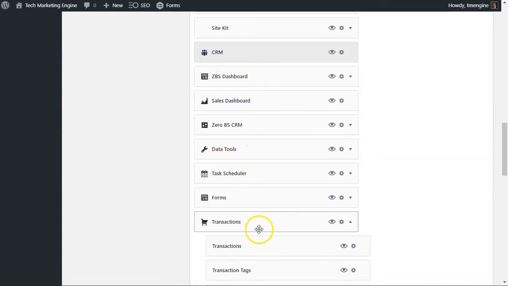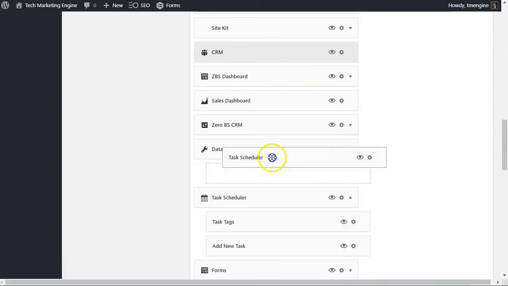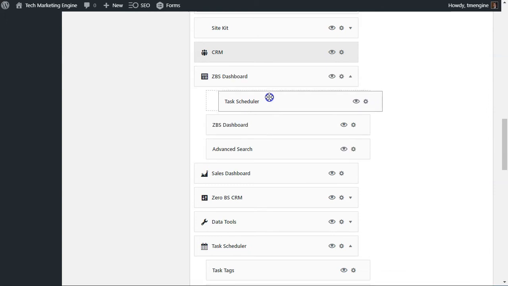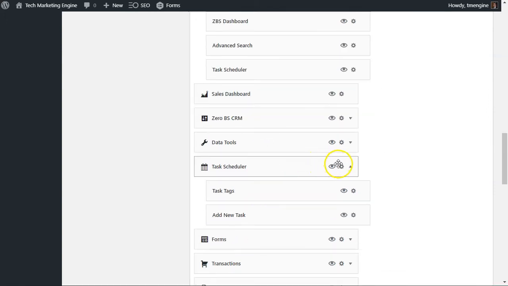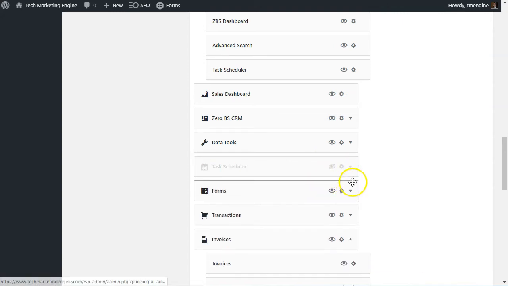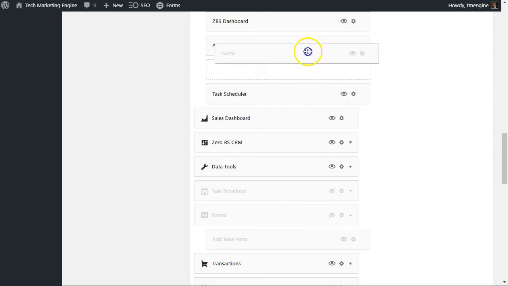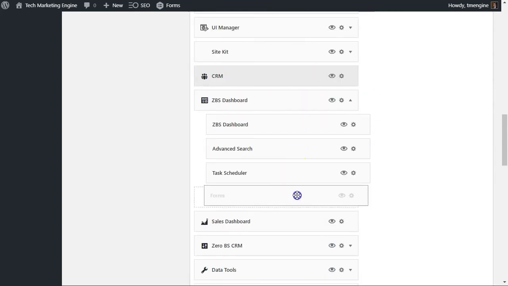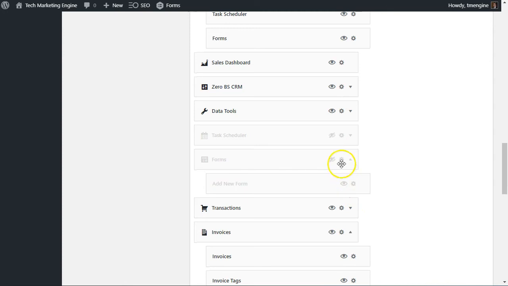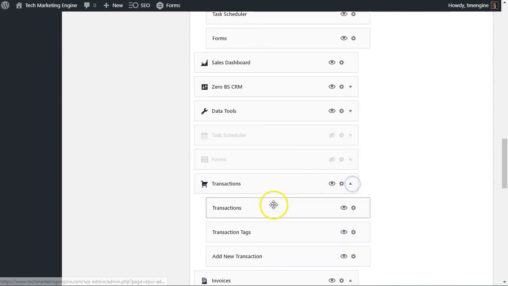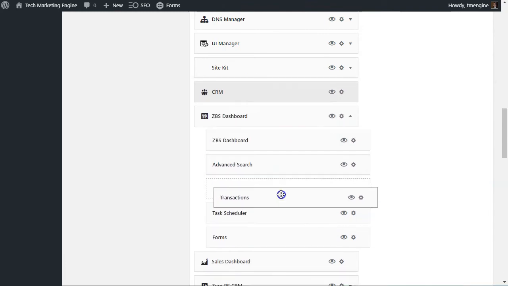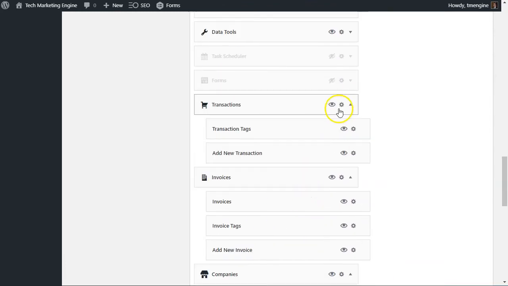So here we go. Let's make these sub items. I'm going to use, for example, task scheduler. I'm going to move that under here and then hide the rest of that. For forms, I'm going to move that there and then unhide it. Okay, for transactions, I'm going to move that there. And if I wanted to, I could do more with this, but